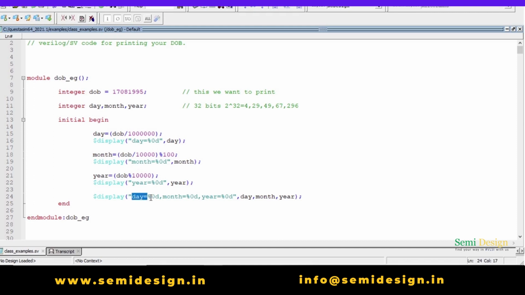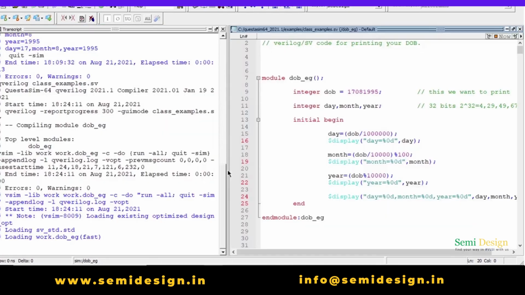And at the end, if you want to print within a single line, you can print using $display with day, month and year. Now let me run this code, and the command is: go to transcript and write qverilog followed by the file name. What is the file name? class_examples.sv. Now go to transcript and write that. Okay, now see, we will find a result.